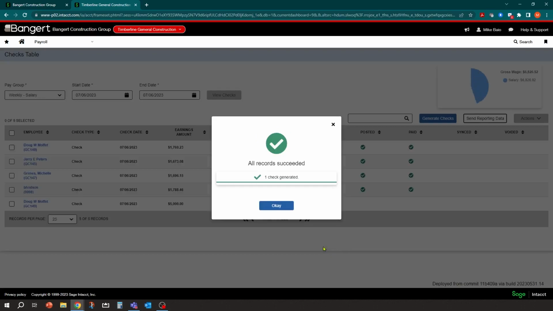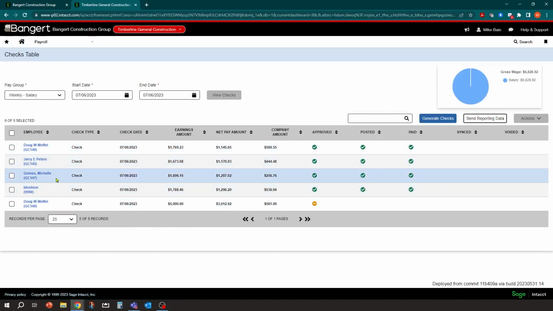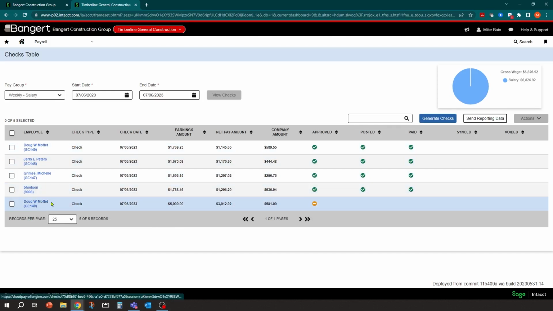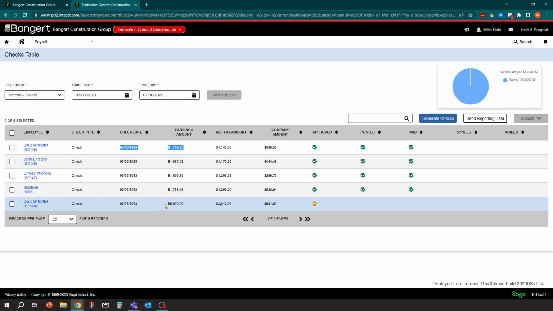And that's going to go and look at that 5,000. It'll show you any checks that have already been processed for that week. And you can notice here that for Doug, there's the new one for 5,000. There's his normal weekly payroll check. And then now we can start reviewing the information inside this check. Okay, so before you approve anything, what you want to do is drill down into Doug and take a look at the actual check.